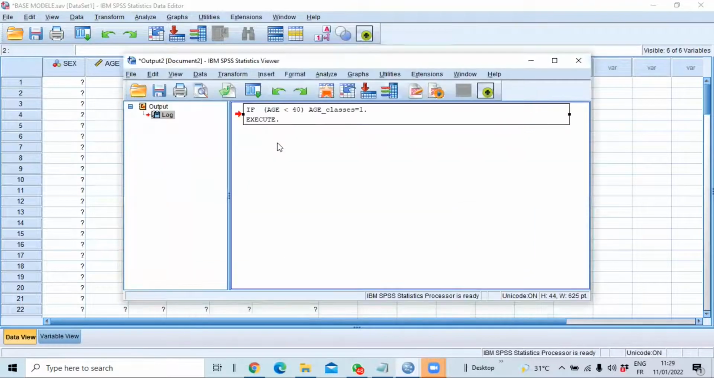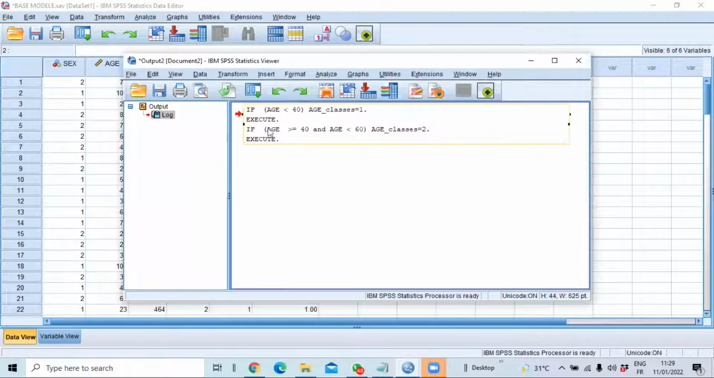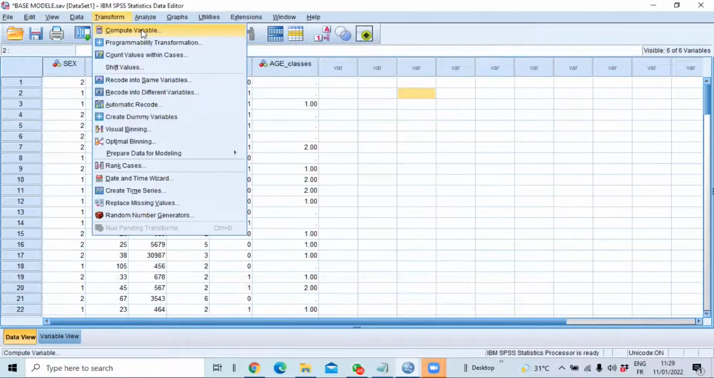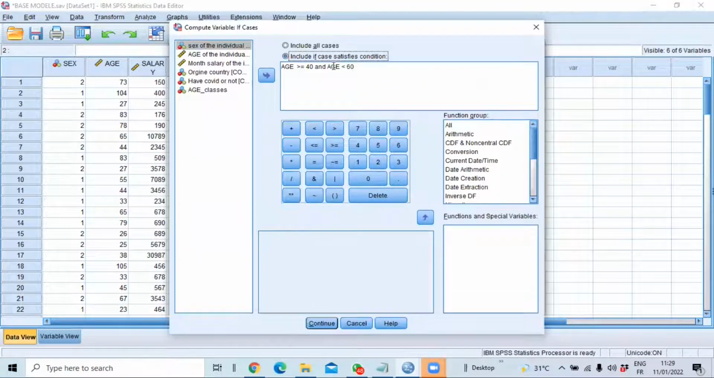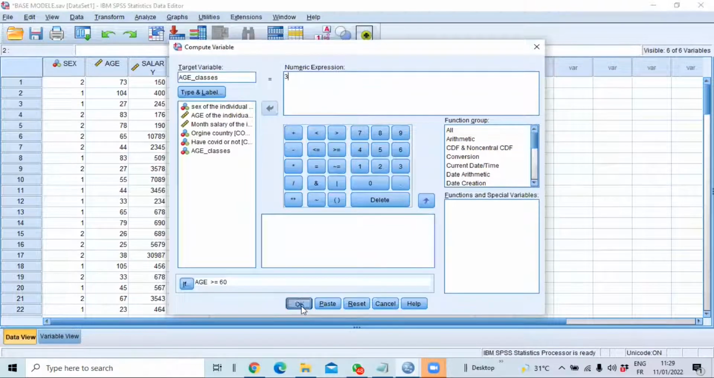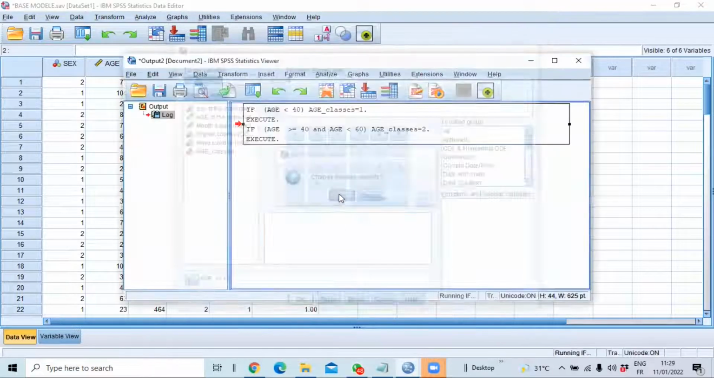I can see that our second class has been generated. We'll generate our third class by clicking on Compute Variable, and then we will put here 3. Our third characteristic will be if age is more than 60 years old. Then click on Continue and then click on OK, and you can see that our variable,